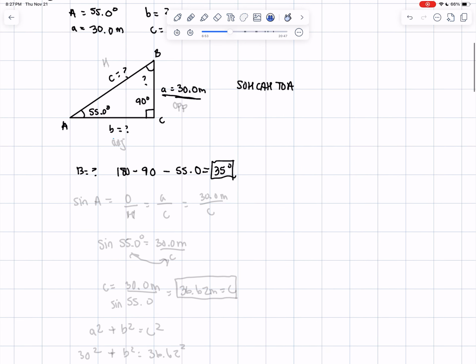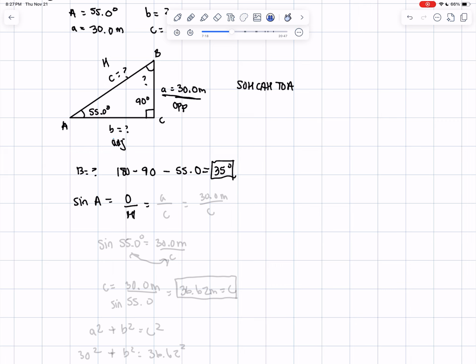But which one do I use? So this is opposite, and this is the hypotenuse, and this is my adjacent for A. That means, if this is opposite and I'm looking for hypotenuse, I'm going to use sine. Sine of A